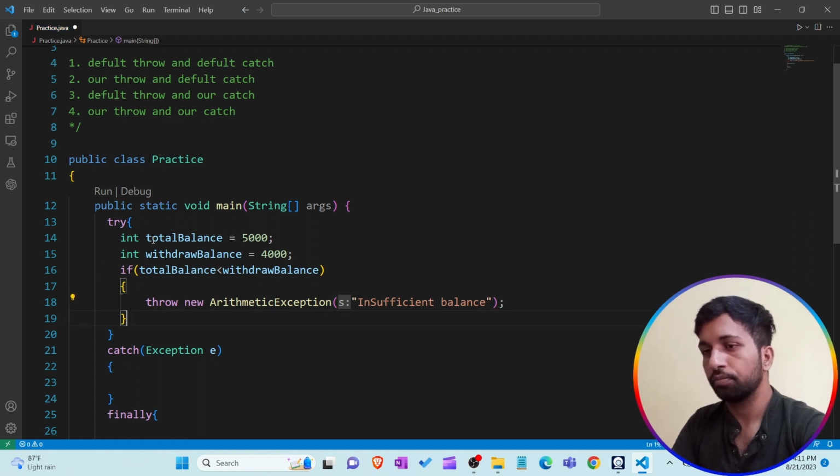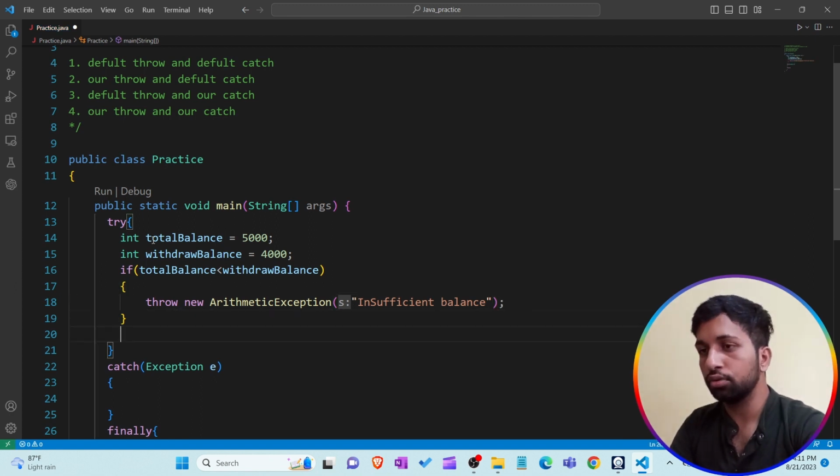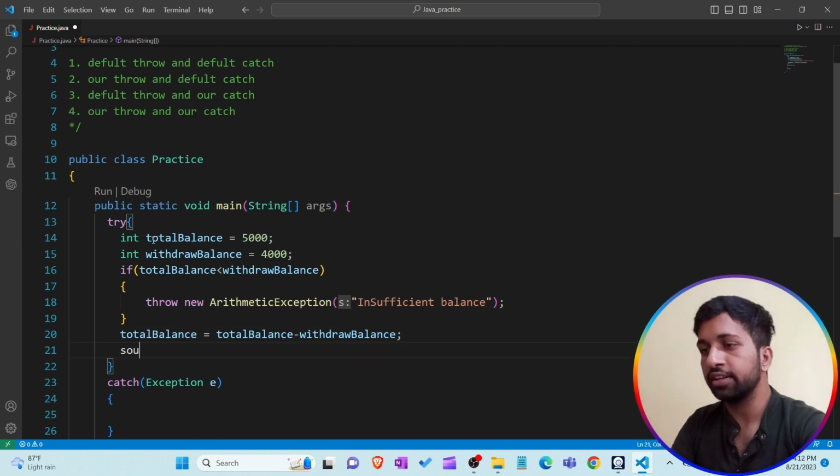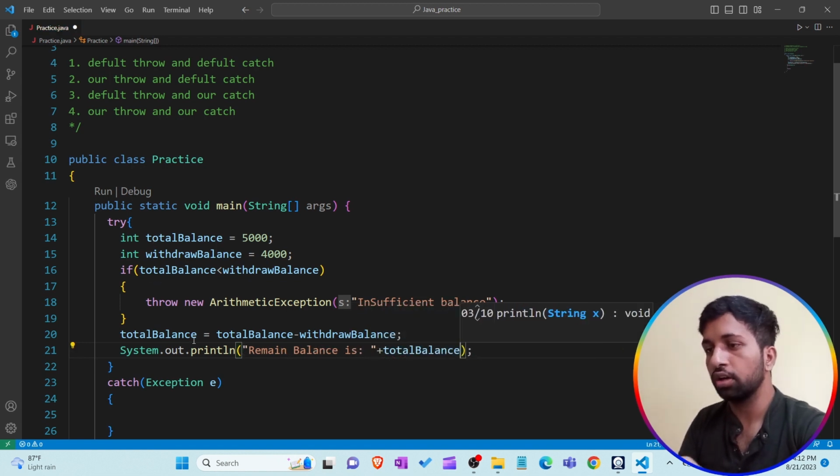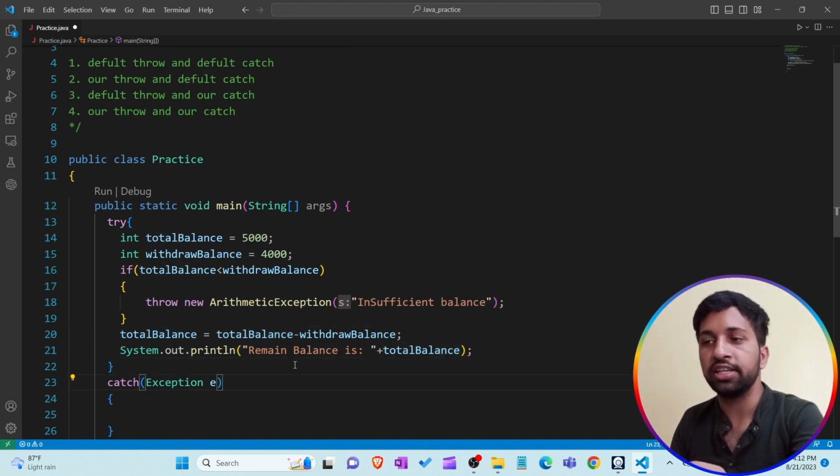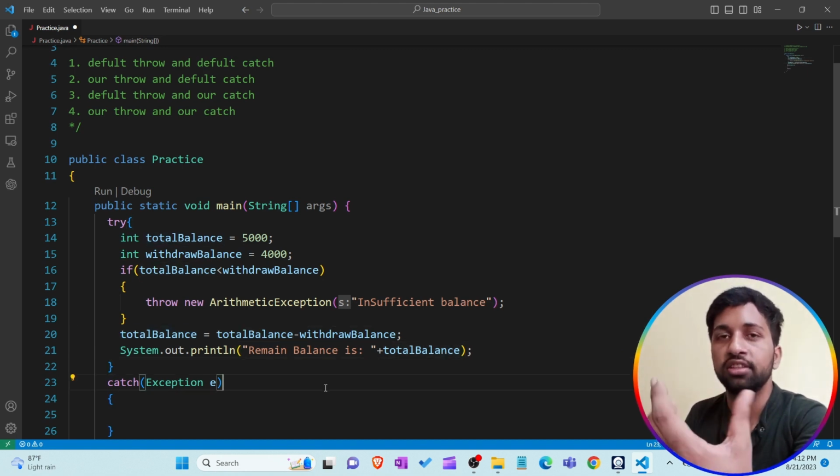Okay, if it is not, then I want total balance to be equal to total balance minus withdraw amount, and then I want to print the message "remain balance is" total balance. Okay, what I'm doing here, I'm just creating a variable that contains the total balance in the account, which